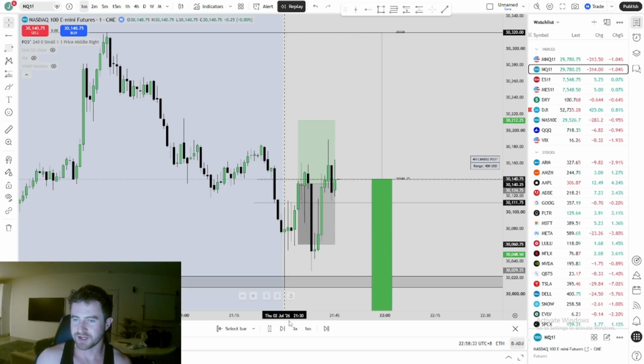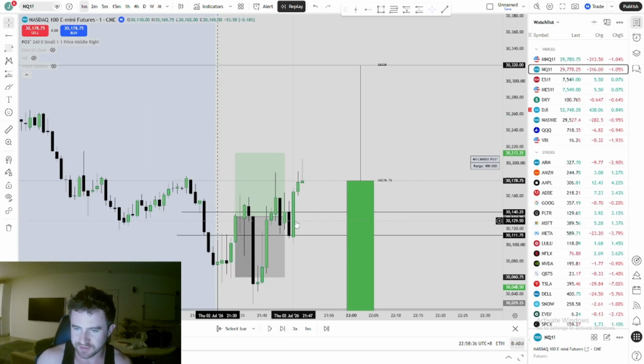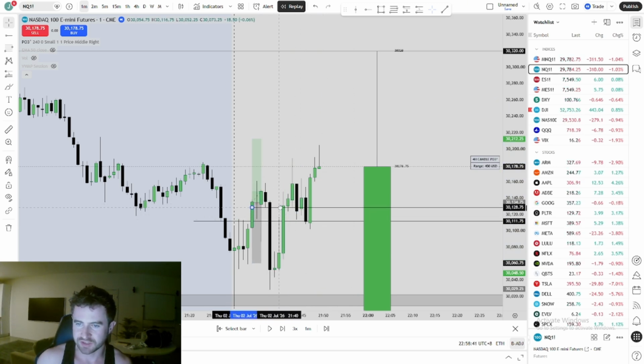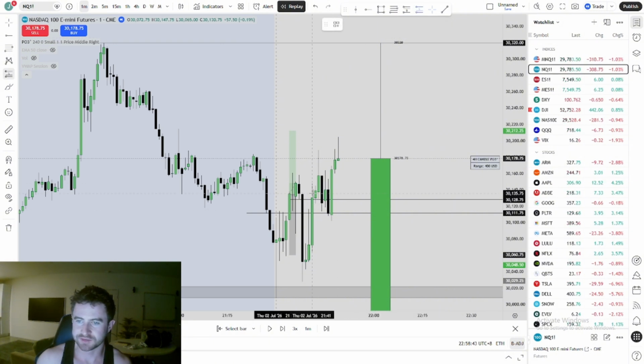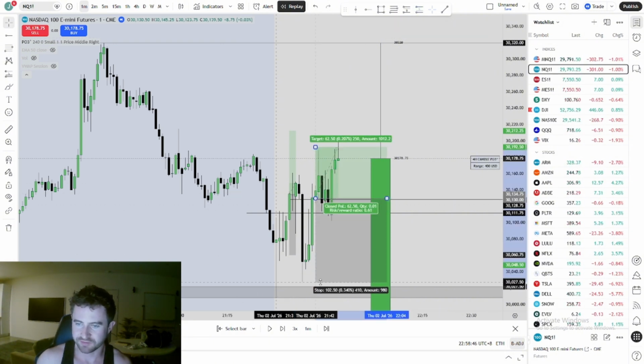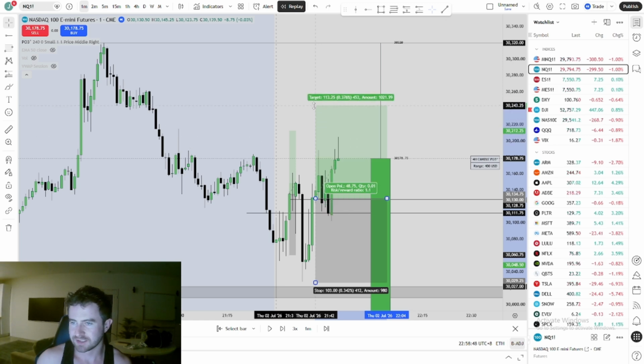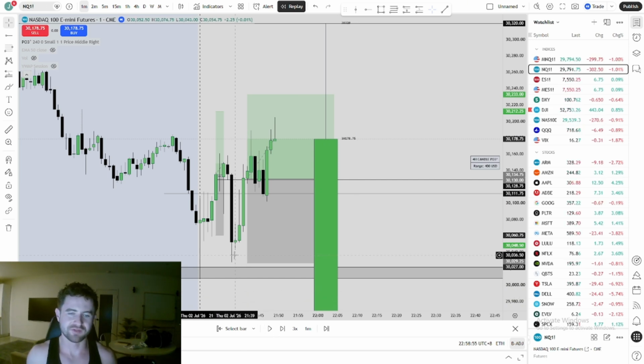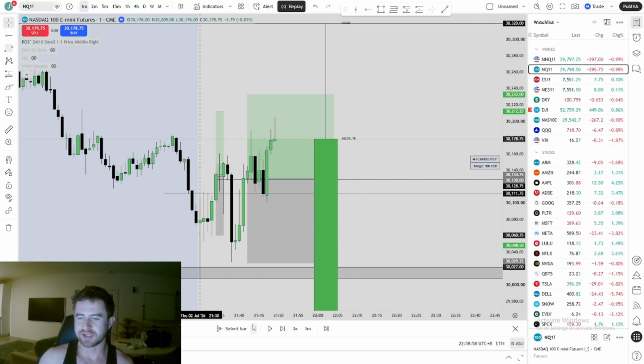And I'm actually looking for a re-entry here. I would have taken this next inversion. This next 1 minute inversion here, I would have taken this just for a 1-to-1. I would have taken this every day of the week. Just because of that reaction we've had out of the hourly, I was pretty confident. I didn't take this because I had a $500 daily loss limit on my eval. So I only have a 25k eval at the moment. So no trades for me after this one loss, but I just wanted to show you what I would have